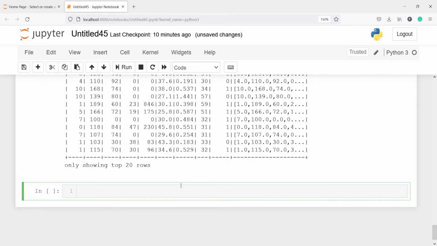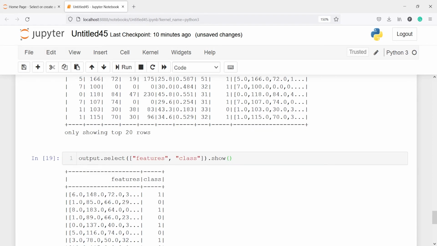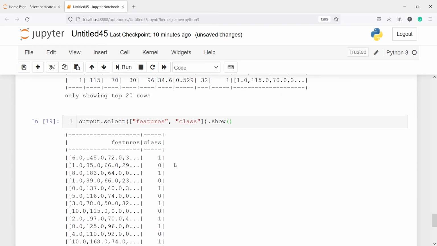I will write output.select, and we will select features as well as class, .show, and here you will see we are getting dots, and to look at all the numbers we will pass one parameter, truncate equal to false.